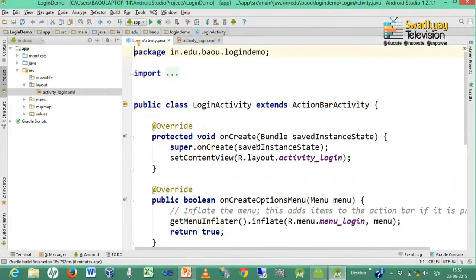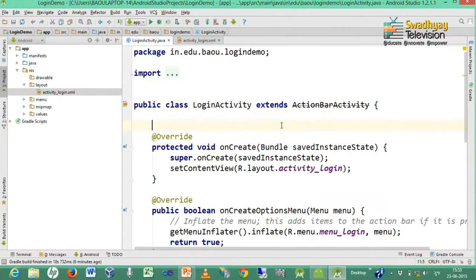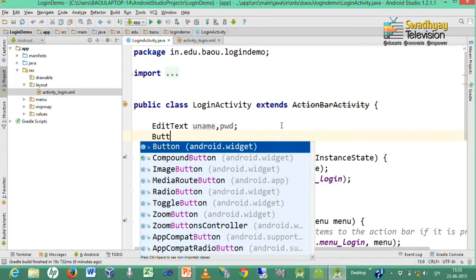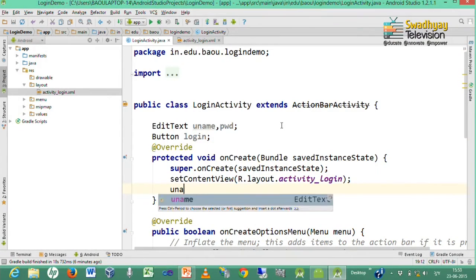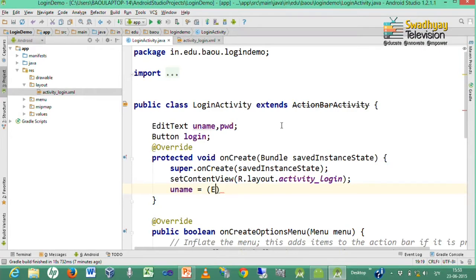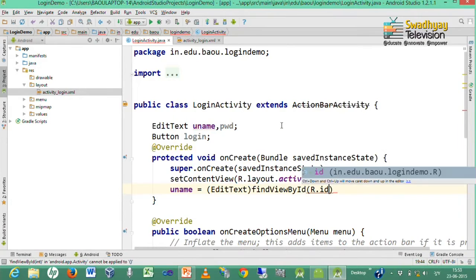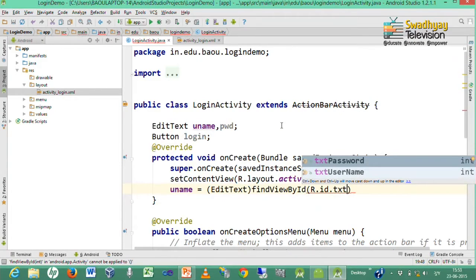Now, we go to the LoginActivity.java file where we take reference for these controls. So, we declare two edit text controls with the names username and password, and one button called login. We already discussed how to take reference for these controls. So, uname is equal to edit text, findViewById, ID is txt username.